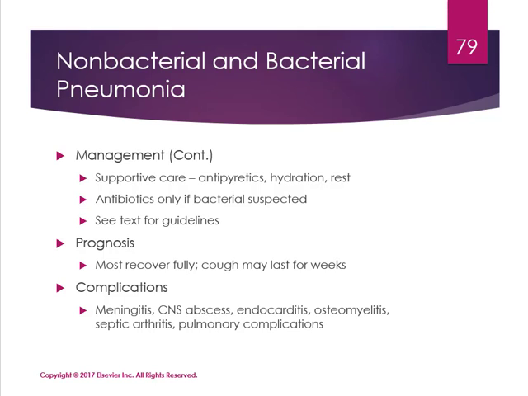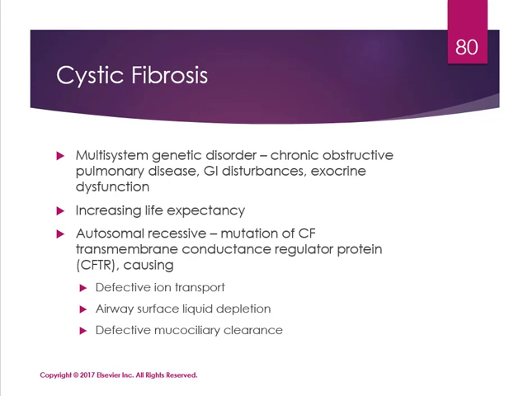Most kids recover fully from pneumonias, although the cough may last for several weeks, but prognosis is good. There can be several different complications that you can see there. Next, let's talk about cystic fibrosis, which is a multisystem genetic disorder which causes chronic obstructive pulmonary disease. It can cause GI disturbances and exocrine dysfunction. It is an autosomal recessive genetic disorder